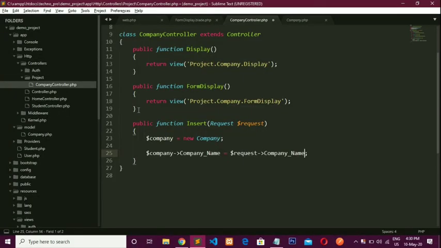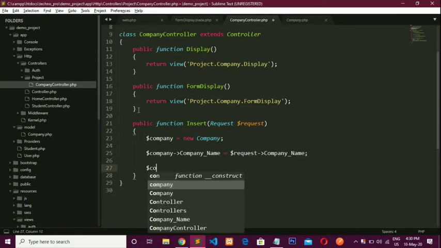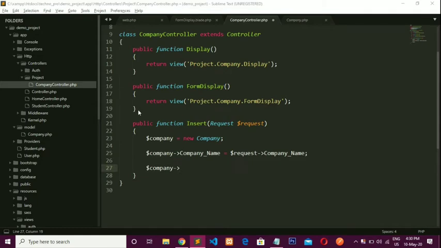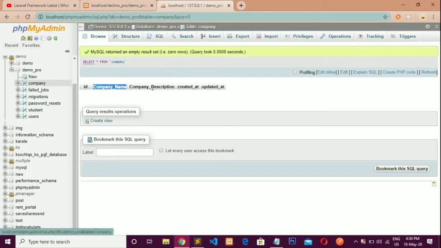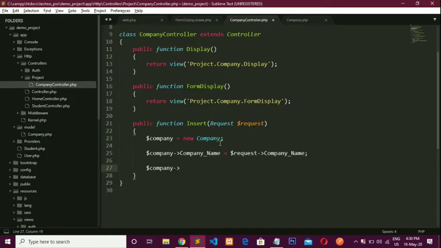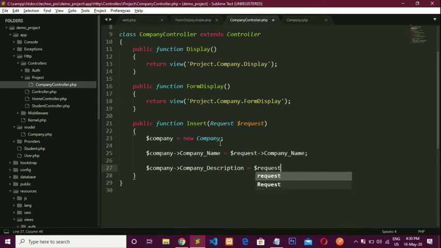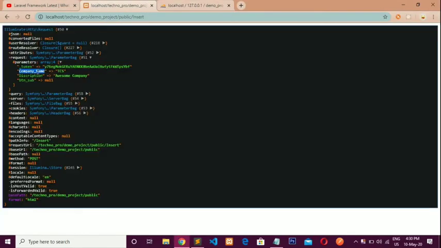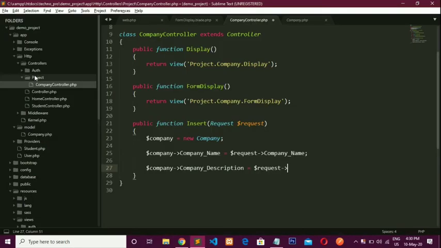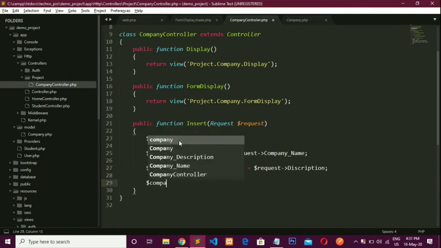Okay, control V. Third, $company and company description, its value is $request, and now the variable name is description. Okay, control V. Now use the save method for inserting the data into the database.